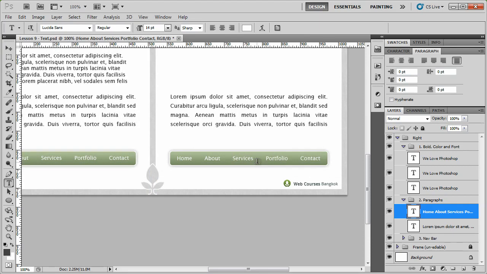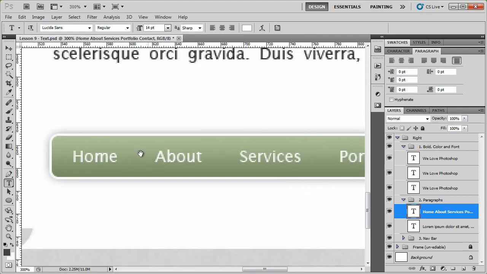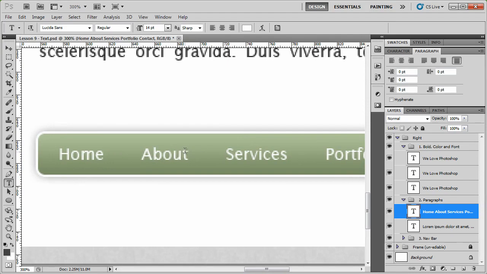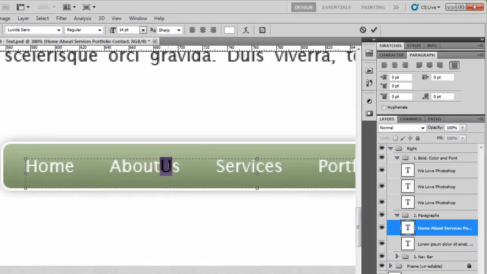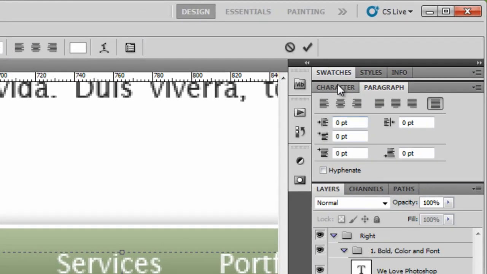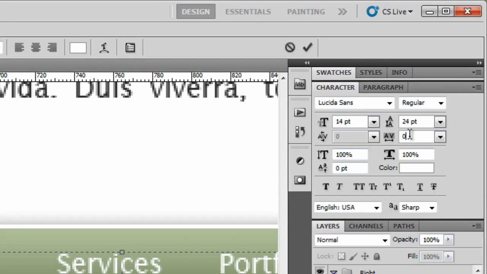Now, if you do want to use two words, let me show you how you do it. I'm going to zoom right in for this bit. Hold down Control. There we go. So, click on there, and I'm going to do space us. Now again, we don't want this space here, so what I'm going to do is put them back together, and then I'm going to highlight the U. And what I'm going to do is increase the character spacing between them. Click on Character, click on Spacing here,